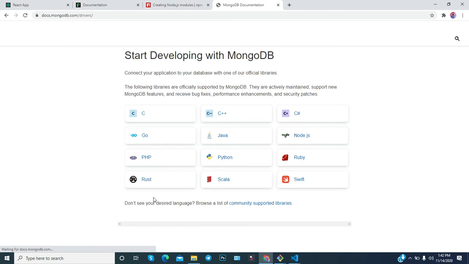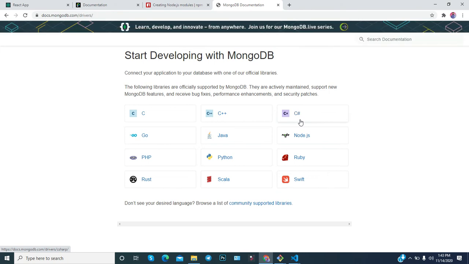Basically here you will get the driver, some code and the syntax for all of the programming languages like PHP, Go, C, C++, Java, Node.js, and you can notice C#, Ruby, Swift. So you will get the official library for all the programming languages. Okay, so there is no issue on that.